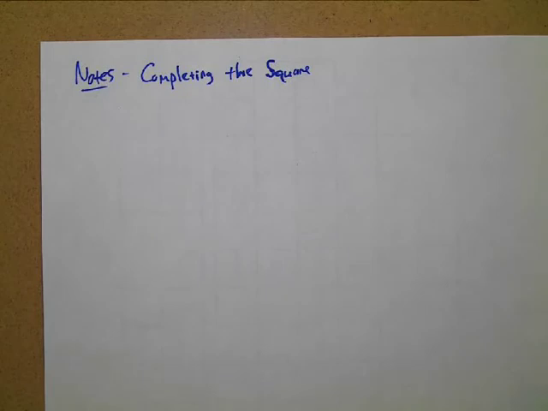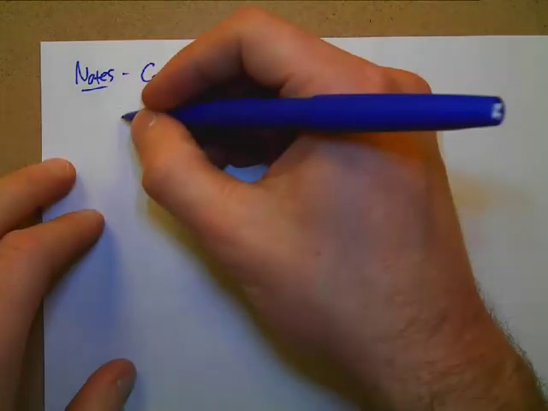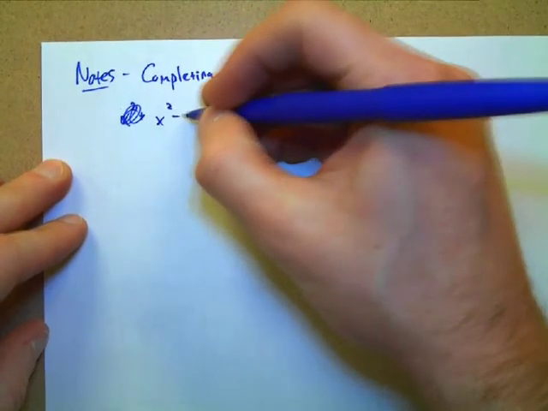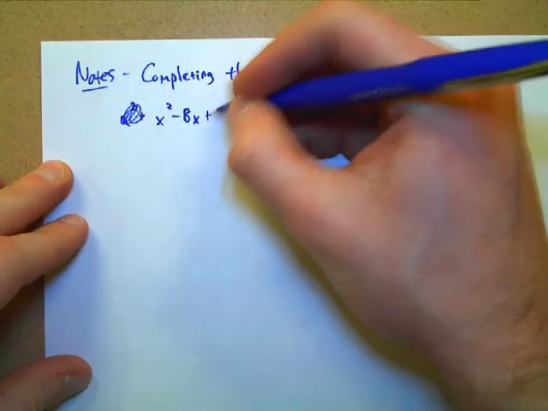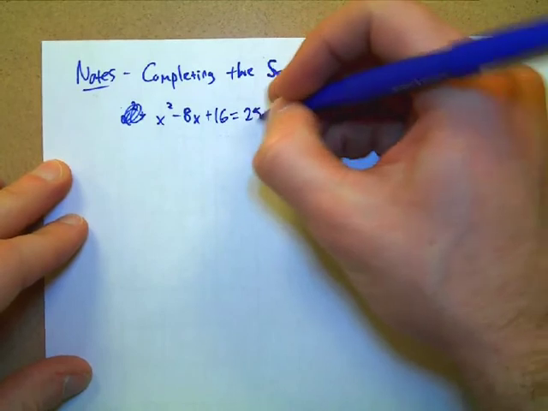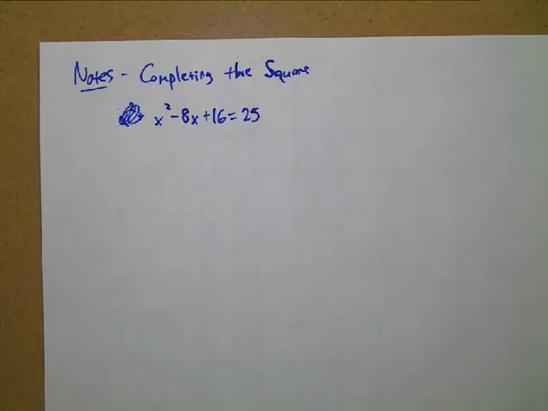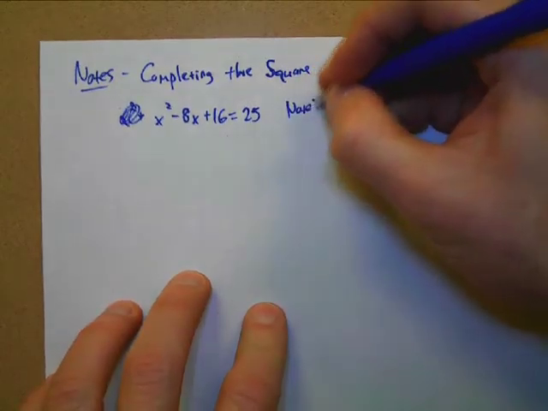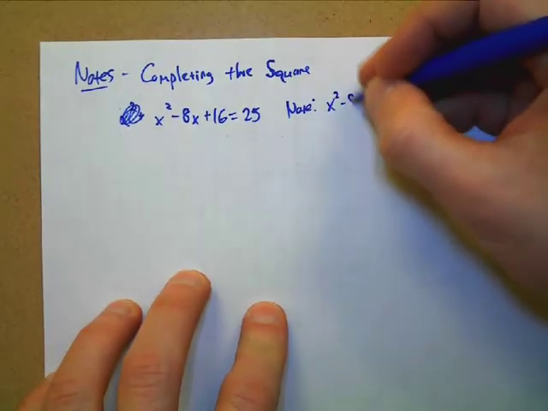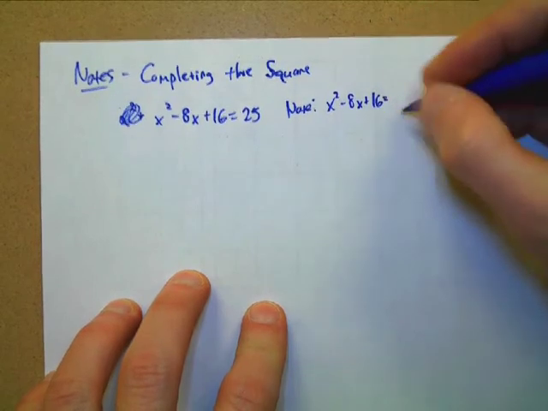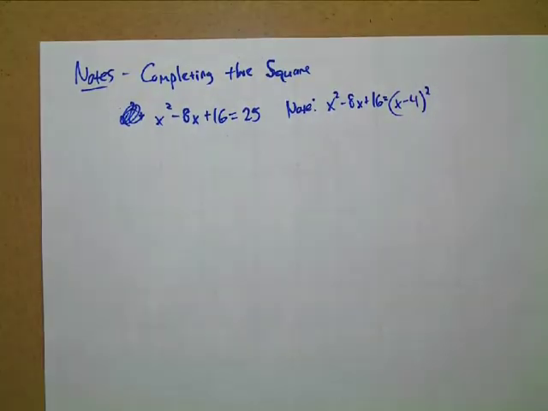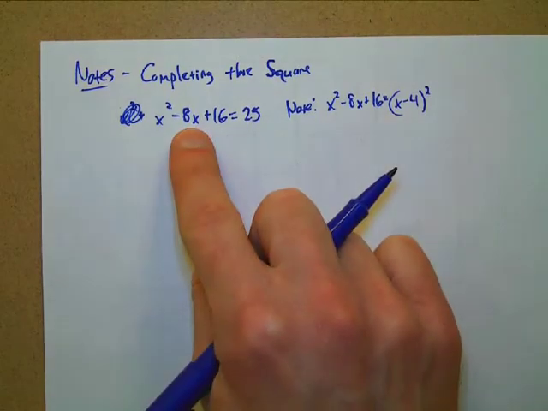So like I showed you in the warm-up, we had a problem. X squared minus 8x plus 16 equals 25. And I told you to note that x squared minus 8x plus 16 is equal to x minus 4 quantity squared. In other words, x squared minus 8x plus 16 is a perfect square